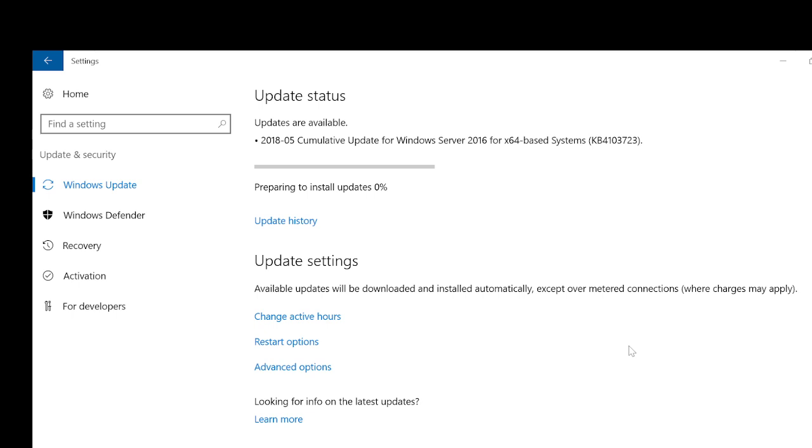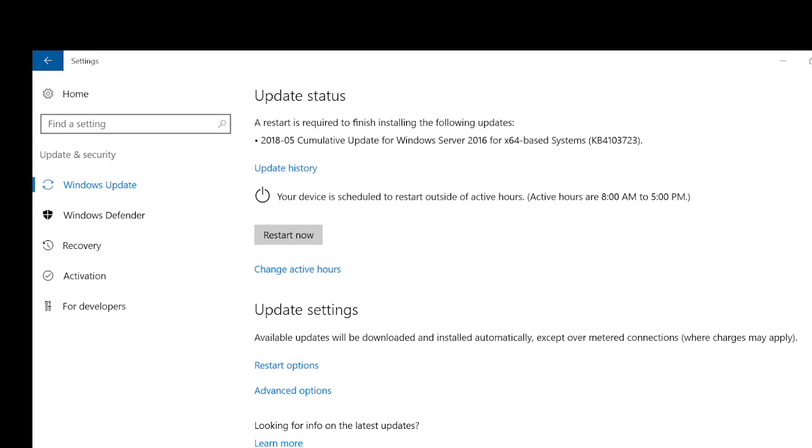So what we can do is wait for this to complete and then see how it looks. But basically this is how we do the patching activity. It is in progress. The installation is at 11% now. We need to wait till 100% completion, and after that the server gets restarted and we can see the KB installation completed. It is now completed 100% and it is asking me to restart.